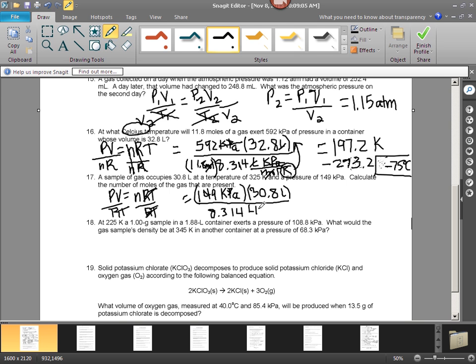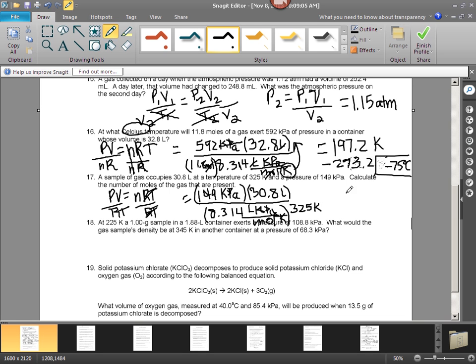The units are the liter, kilopascal, mole, degree Kelvin, and our temperature has got to be in Kelvin, which it already is, so don't add 273 again, just 325